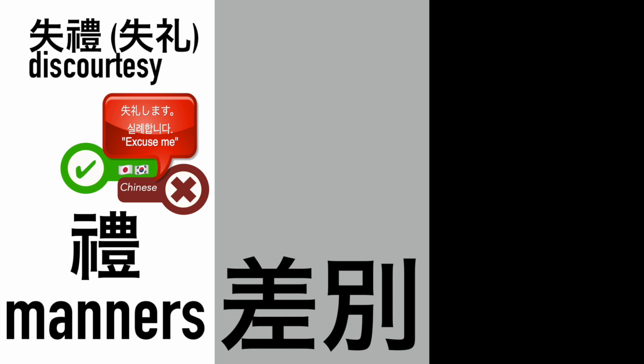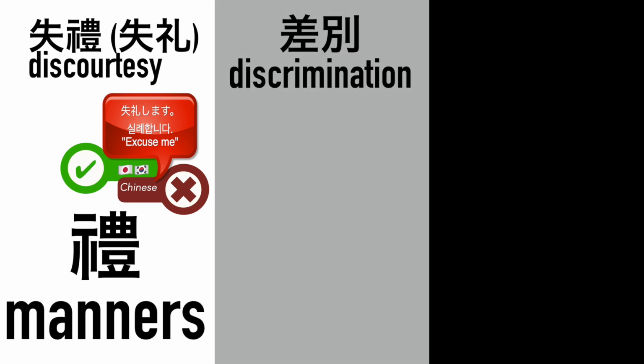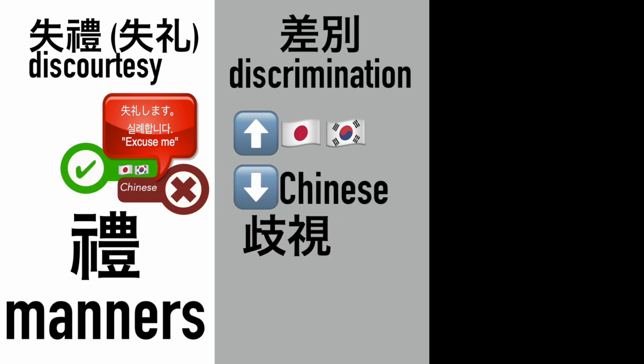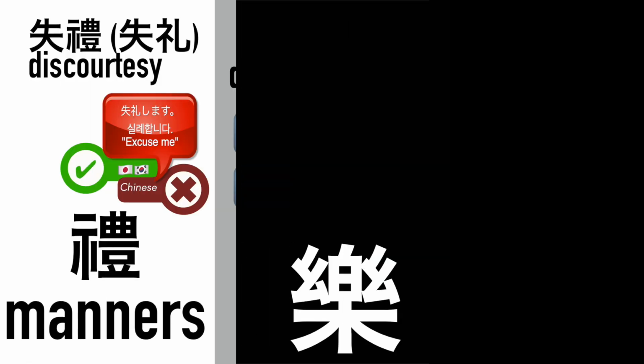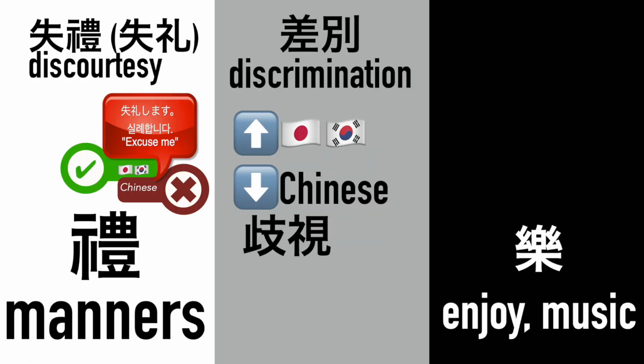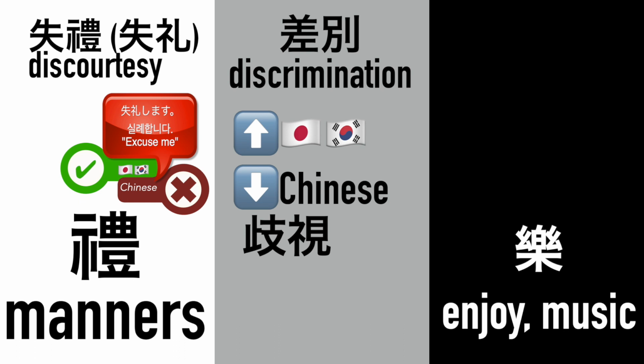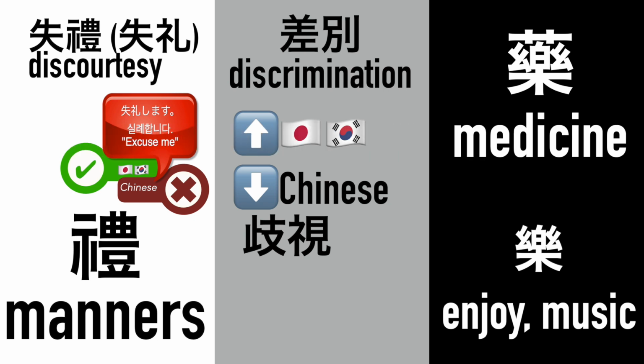Another word from this lesson's vocabulary section is this. When you're talking about unfair discrimination, as opposed to the general act of distinguishing things, this is the word that is used in Japanese and Korean. In Chinese, the word simply means difference or distinction. As for the negative, unfair types of discrimination, Chinese uses a different word, seen here. This character means enjoy and also refers to music, but if you add the plant radical to the top, you get this character, which refers to medicine or drugs. So just like people today, ancient Chinese must have believed that music is medicine.